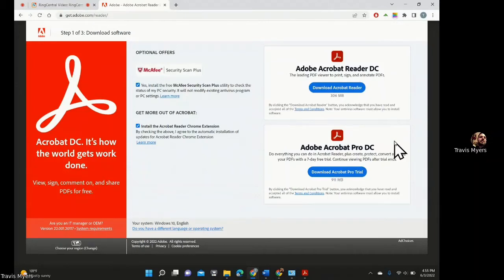Now, with Adobe Acrobat Pro DC, you will need to pay either a monthly or annual subscription for it, but it is going to be a great investment for your business because you will need to use it, especially for merging PDFs. When you scan back, a lot of the scanners are not going to scan back 150, 200 pages plus. It's only going to fit so much paper in the scanners unless your scanner lets you continue to feed it. But what merging the PDF will allow you to do in Adobe Acrobat Pro is you can scan the